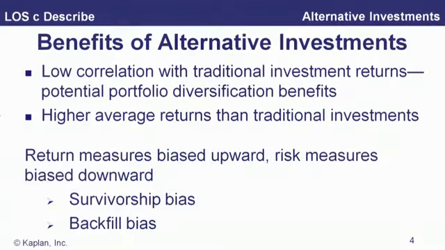Another form of this is backfill bias. When a hedge fund gets large enough to be included in a hedge fund index, then it's been around for a while. Well, it's been around for a while because things have been going relatively well, and they've managed risk well, and they've had reasonably good returns. So when they put it into the index, they take the historical record of that hedge fund and put that into the historical record of the index, and that's where we end up with backfill bias.